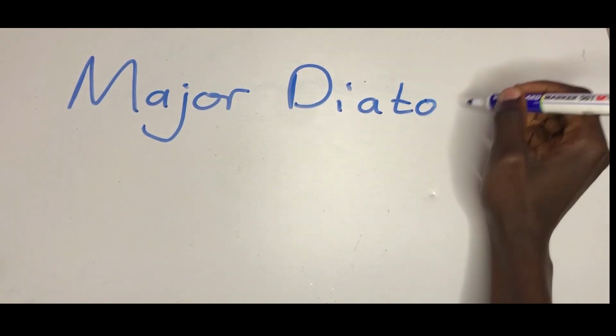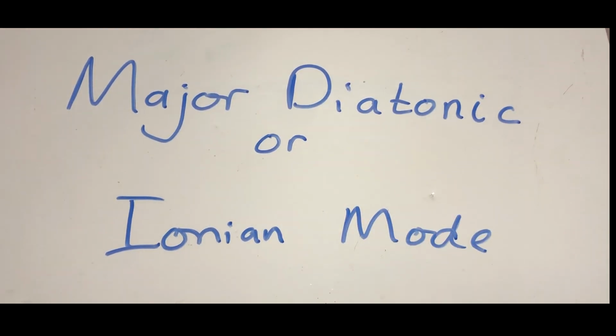The most famous scale that we use on the Adungu is the major diatonic scale, or what you would call the Ionian mode. So I know you're wondering how the major diatonic scale finds its way on an African instrument, right? If you remember in the previous episode, we talked about the Adungu originating from DRC, a country that borders Uganda in the west. As we all know, DRC was colonized by the French, who also came with their music